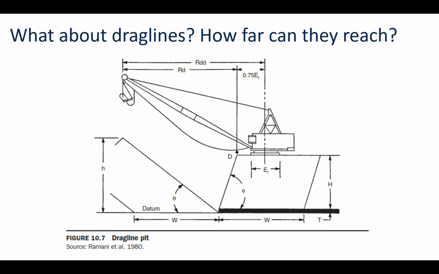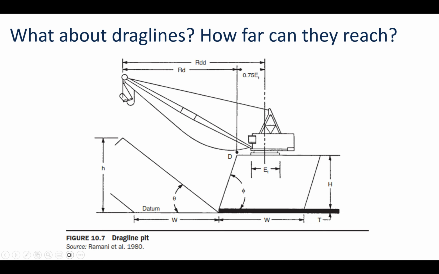So what about draglines? There are still draglines out there in operation. There are no very large ones in West Virginia anymore. I'm sure if you look hard enough, there's probably a small one out there somewhere. But anyway, they do exist. They are very large, and the critical parameter for sizing a dragline is how far can it reach, right? And we're going to be calculating these two distances here, the R sub D and R sub DD. And in this case, okay,